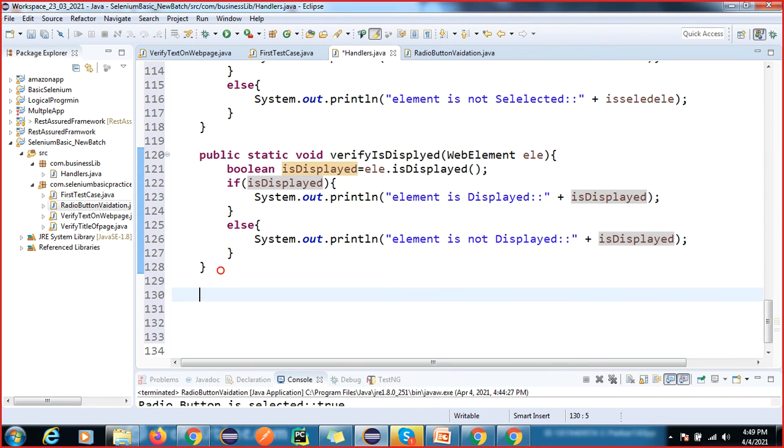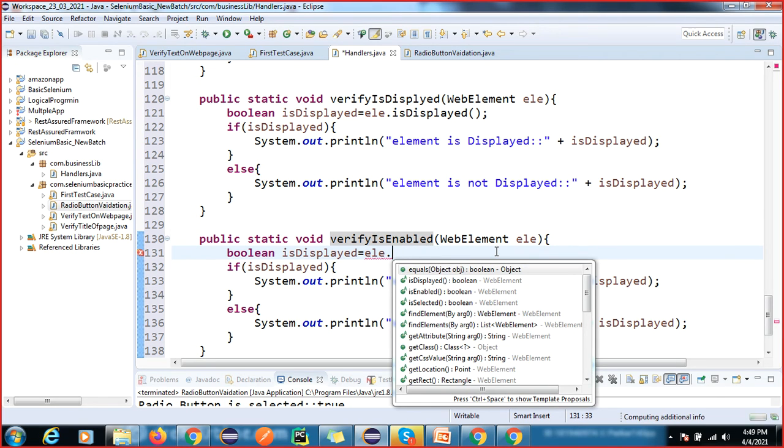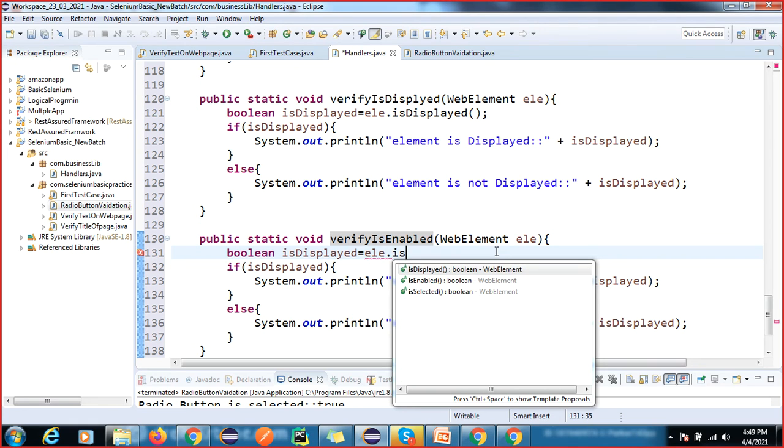The same copy paste I will do for the next method, because the concepts are the same, only I'm going to change the method name. Verify isEnabled, right? So here the method name is isEnabled. You know how you can do fast development: I'm not typing all the code, I'm just doing copy paste and modifying the code.